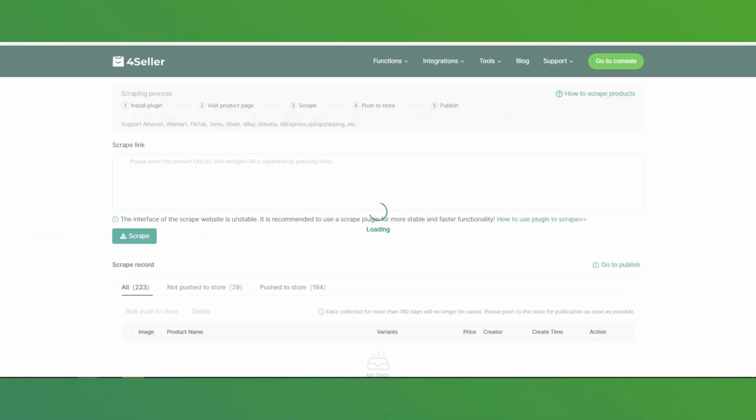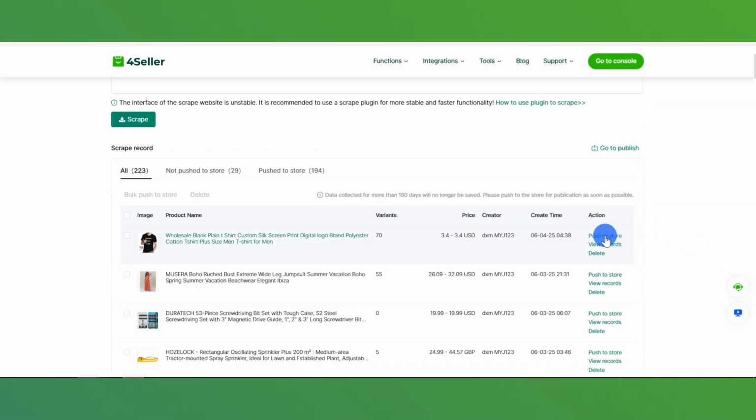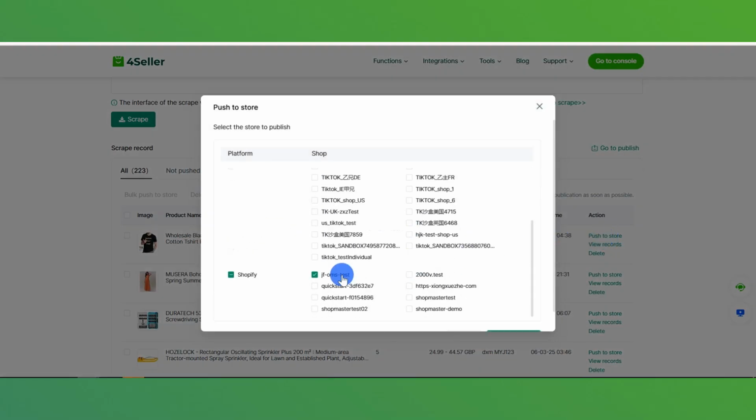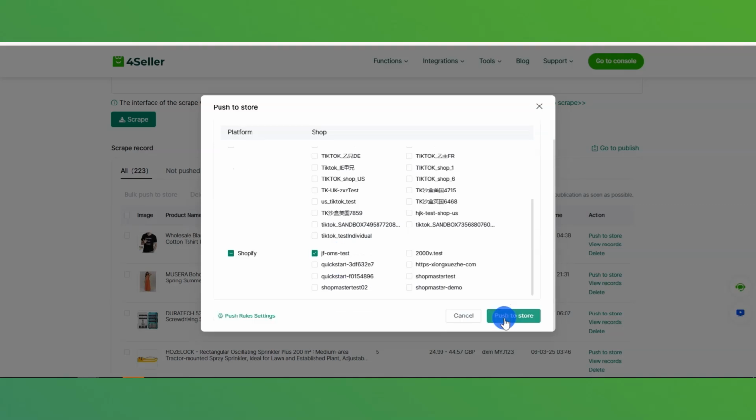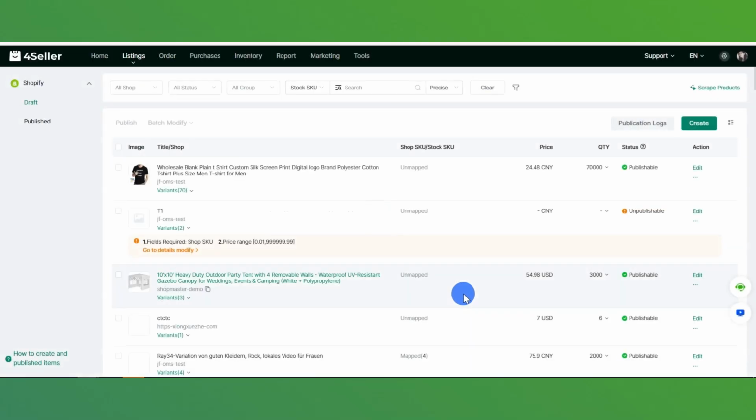And then choose the View Scraped button. The page will jump into the scrape page. You need to find the product that you have scraped and choose to push to your store. Click the shop you want to push to, wait for the green progress bar to end, and choose Go to Publish. And the page will enter into your Shopify store draft page. If the product information meets the Shopify publish rules, the status of the product can become publishable and you can